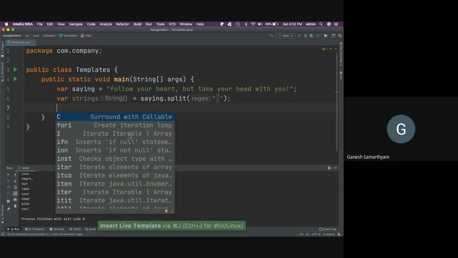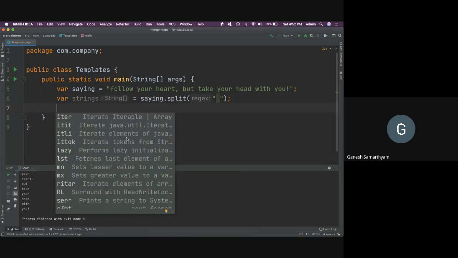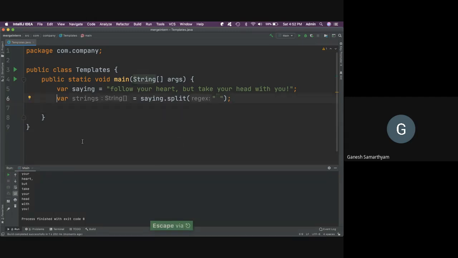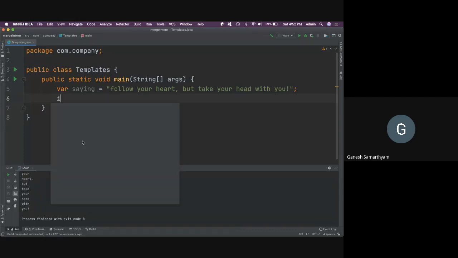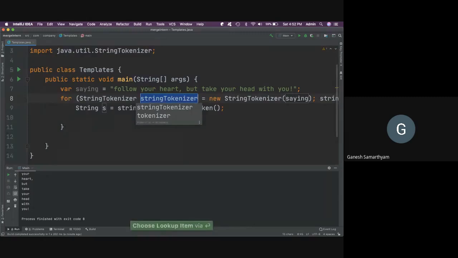My favorite is something known as IT tokenizer. This is a roundabout way of tokenizing. If you want to do proper tokenization, how do you do that? I can say IT tokenizer, and what are you going to say? Saying. And in this saying, what are you going to do?